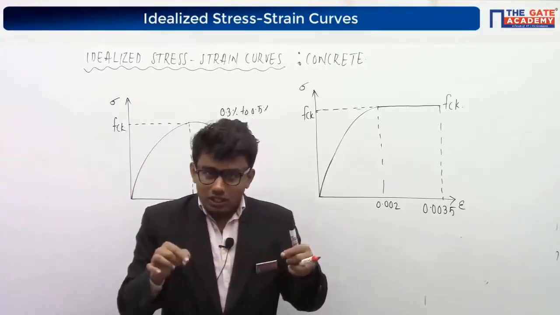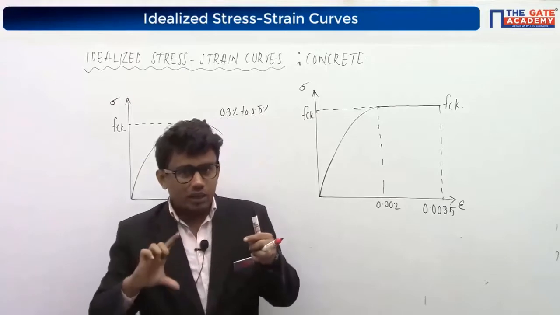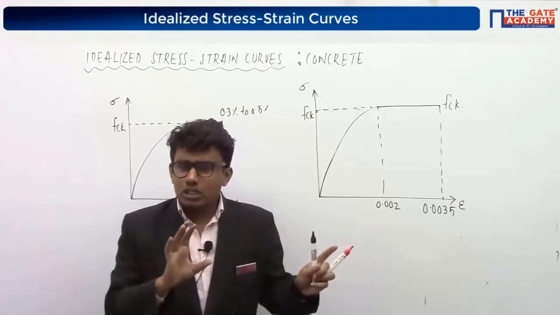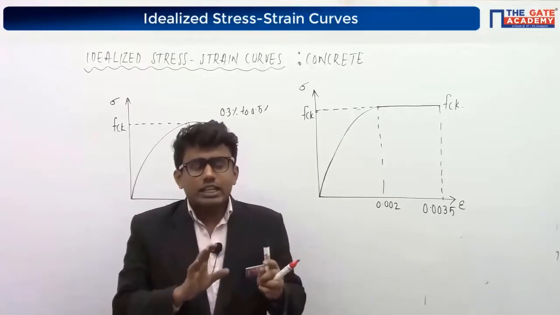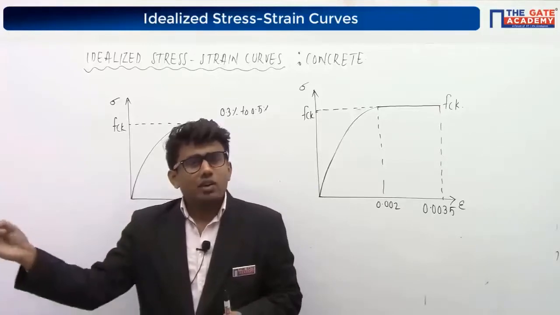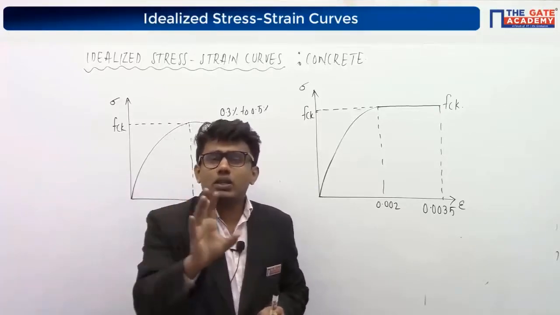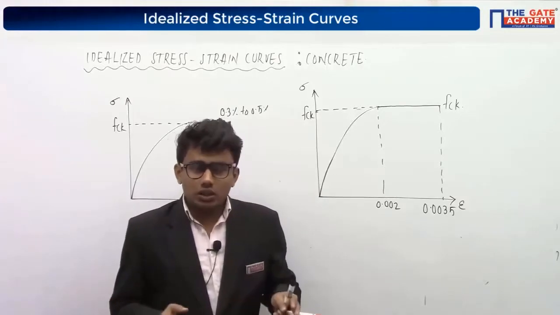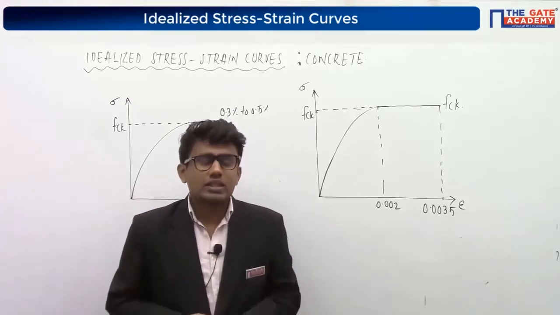We will be casting the concrete cube, that is 150 mm by 150 mm by 150 mm, and we will do all the procedures mentioned in our IS code. After 28 days of curing, we will test it for compressive strength. It will be represented as the characteristic compressive strength of the concrete. We know the equation fck = fm - 1.65 sigma.